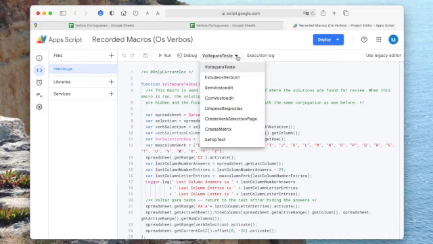This macro file contains 8 functions, as can be seen by the drop-down near the top. The first 5 of these are the ones we saw in action in the introduction video. Volta para texte, to return from studying the verbs. Estude os verbos, to study the verbs. Sem voz, to edit, to remove the voice lines. Com voz, to edit, to add the voice lines. And limpe as respostas, to clear the entries from the test.